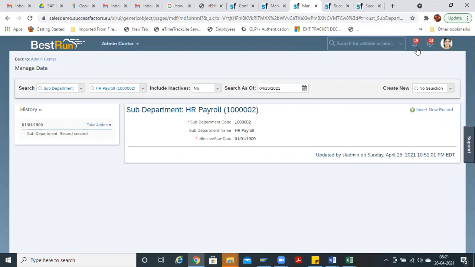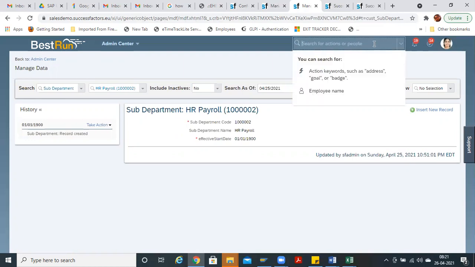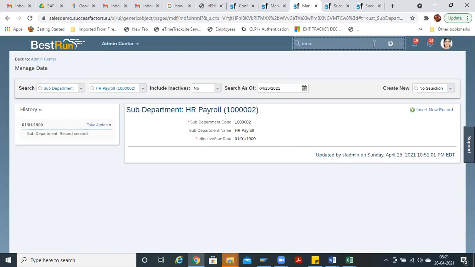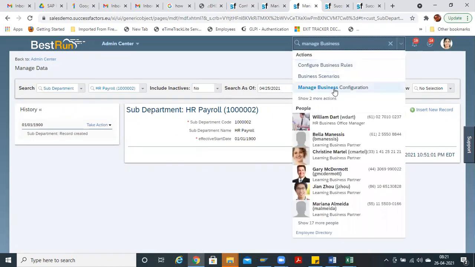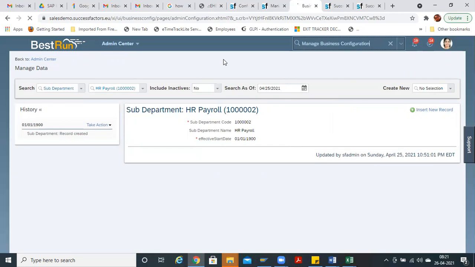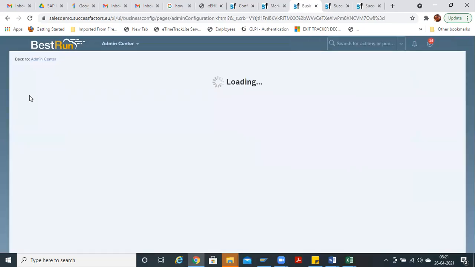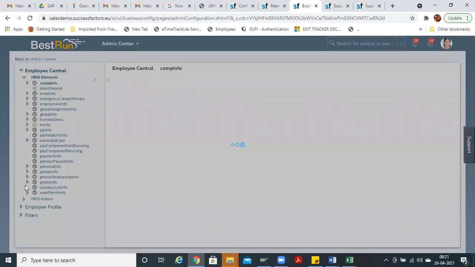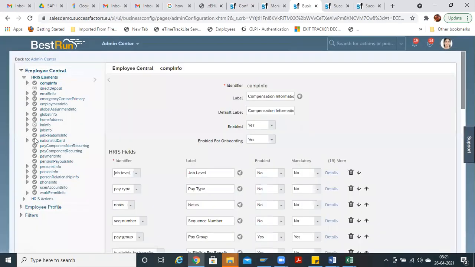Manage business configuration, right? Manage business configuration, where HRIS fields are available, employee central and employee profile standard fields.